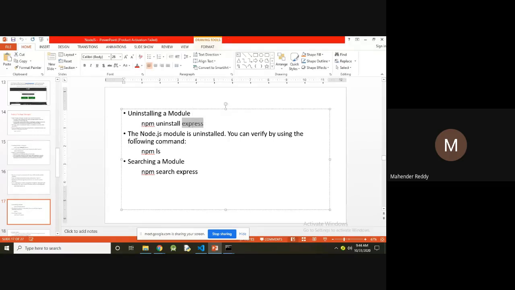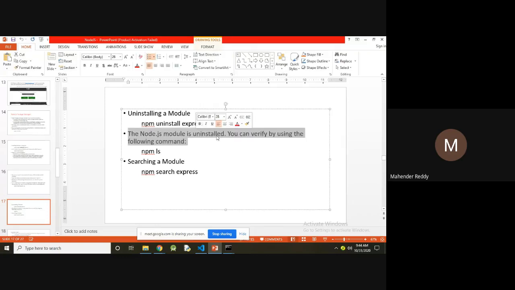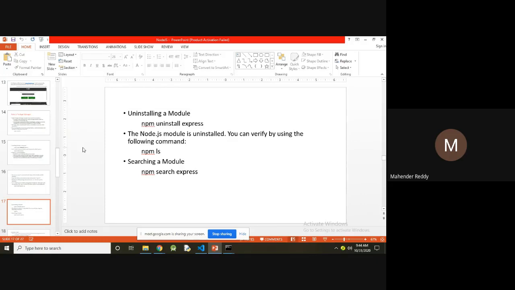The Node.js module is uninstalled; you can verify by using npm ls. If it is uninstalled, it will not display in the list. If it is not uninstalled, it will display in the list.